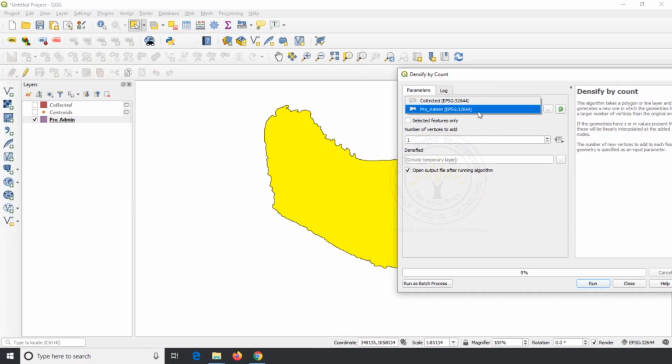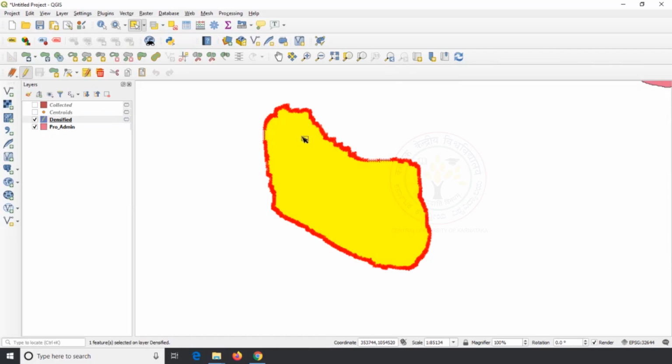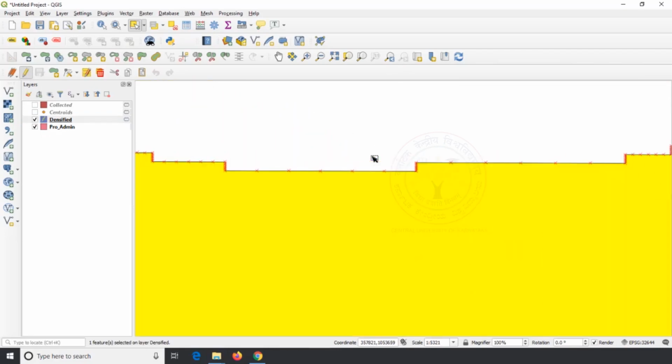On the pop-up window, I give the input as my admin boundary and I specify to perform this task only for selected features. Then I add the number of vertices as 5. Click on Run followed by a click on Close. Look at the result. We can see the result layer has 5 extra vertices between the previous vertices of our input.